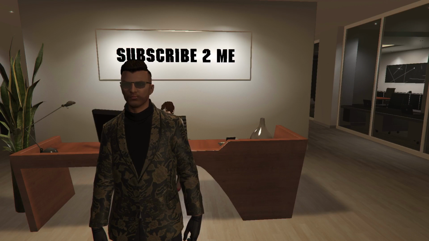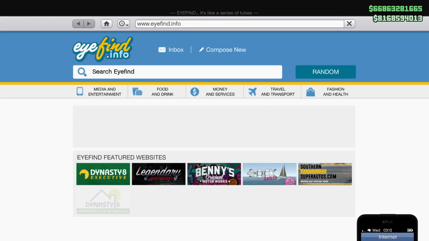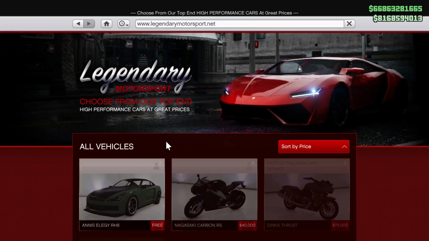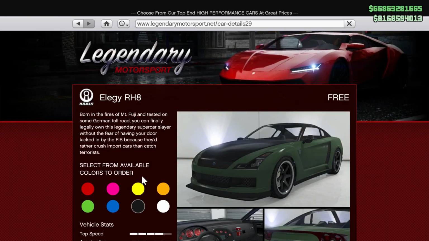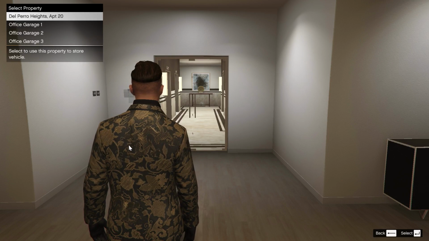Now for this next one, we're moving on to a car that doesn't cost anything. The Elegy RH8. This vehicle has been in the game also for a very long time. I think they brought it in for certain people that didn't really have much when they started. You could go ahead, buy yourself a cheap garage and get this vehicle for free, and it does not perform